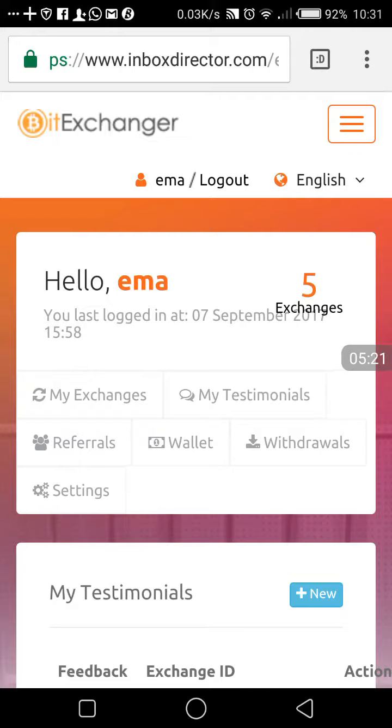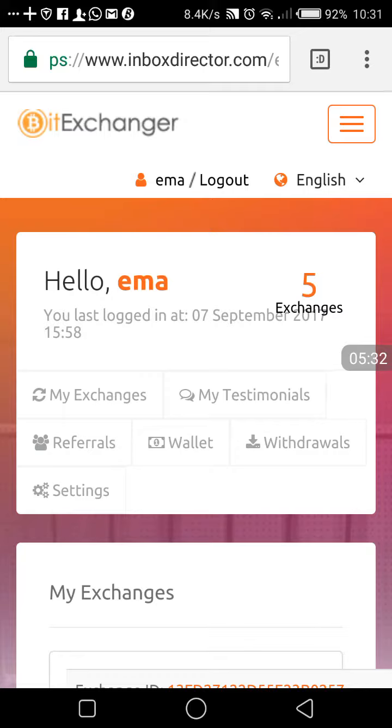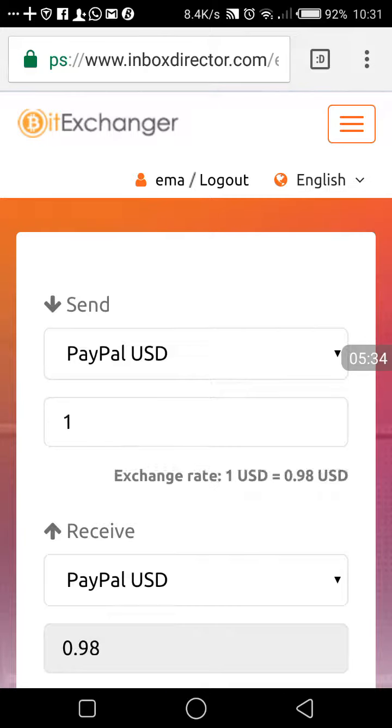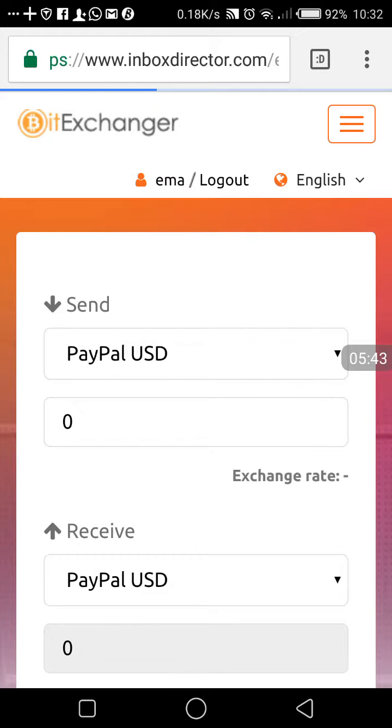So now let's say for instance you want to exchange. What you just have to do is to click on this logo, so that you go to the home page. You click on the logo, this logo up there. This logo, Bit Exchanger, or we might change the logo later on to Conduct Innovation Tech. Just click on the logo. Once you click on the logo, you'll be redirected.